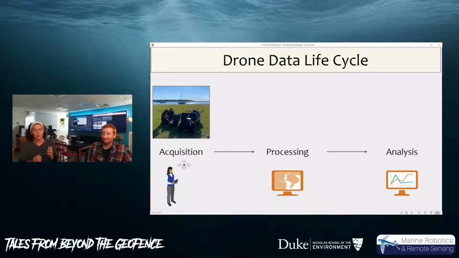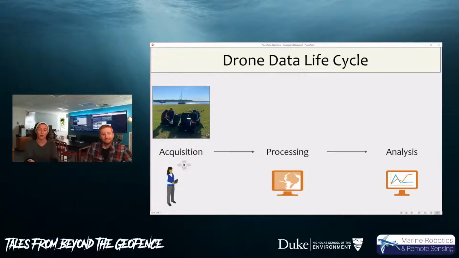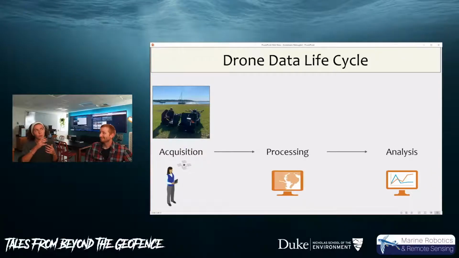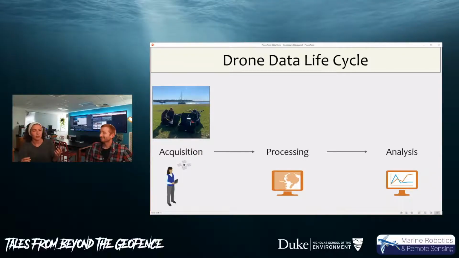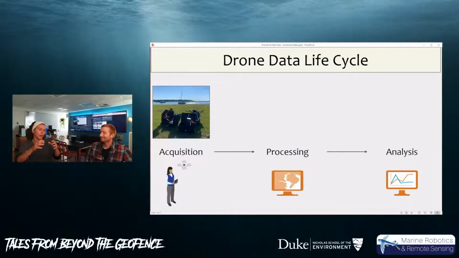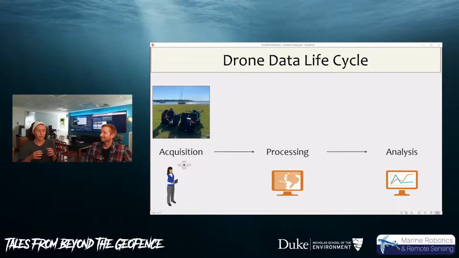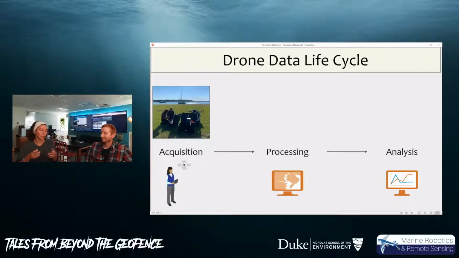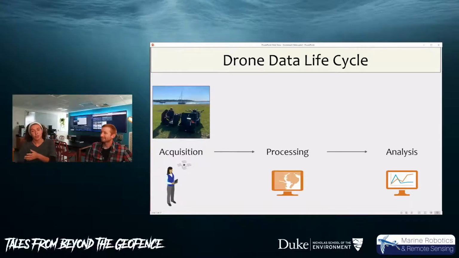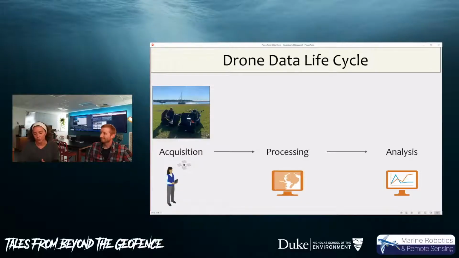So the interplay between an aircraft carrying a camera and all the weather conditions around you needs to be taken into account, because the amount of clouds going by, the level of wind in the area, how steadily the aircraft is moving over the area you're interested in, all of that is going to ultimately affect the images that you take, and the quality of those images translates to the quality of your data and the information you're going to get at the end of the process. So really a crucial first stage there.